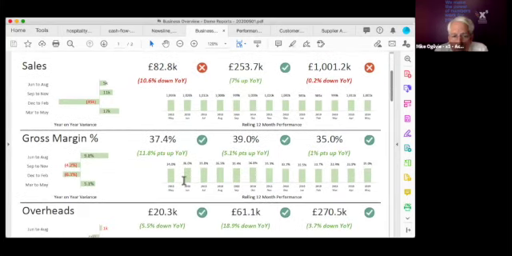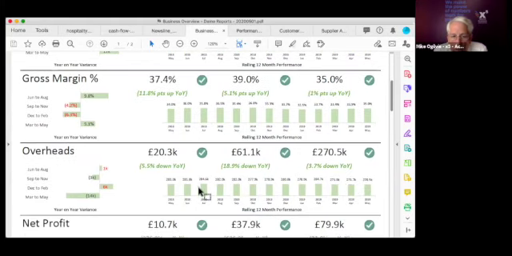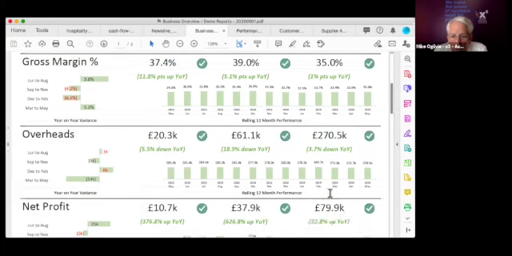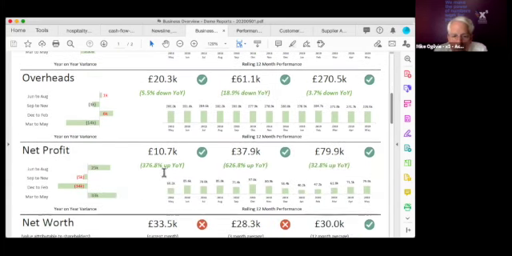Then it looks at gross margin. Now, this is stuff that you could normally do on any software, but it will break it down and divide the margin each month. Then it looks at overheads and will produce the information. So that can all be done by what finance is already doing, and then we produce a net profit. The net profit is 10.7k up in the month of May. On the quarter, 37.9k up, 626.8% up compared to the previous quarter. And the overall profit, 79.9k up and 32.8% up year on year.